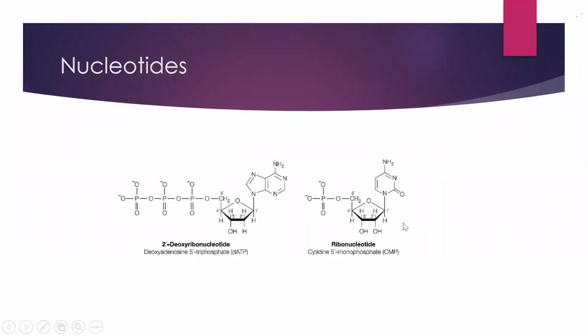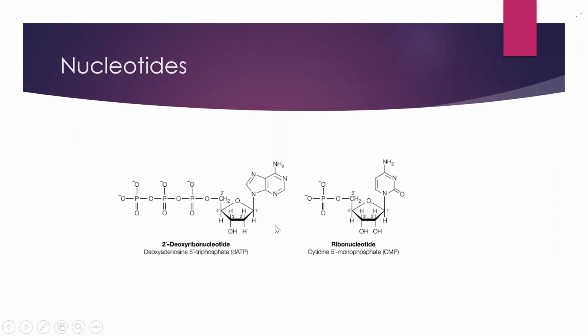Similarly, we have ribonucleotides in case of the RNA. So here the example given is cytidine. This is attached to one phosphate group at the 5' end of the sugar moiety. So here the example given is cytidine 5-monophosphate. There is only one phosphate group attached to the 5th position of the sugar. So this is cytidine 5-monophosphate, that is CMP. If that is diphosphate, say for example, with cytidine only, if 2 phosphates are attached, that's going to be CDP, cytidine diphosphate.